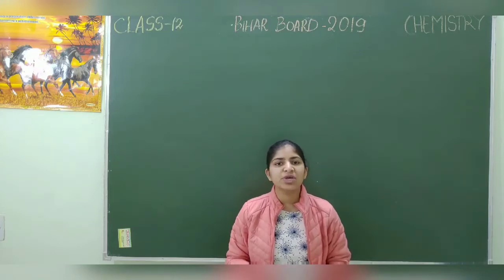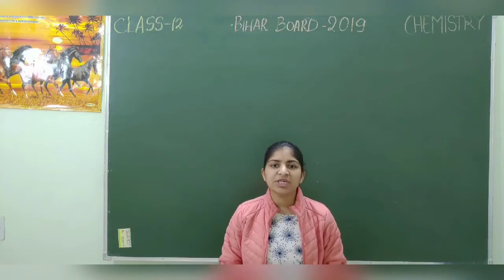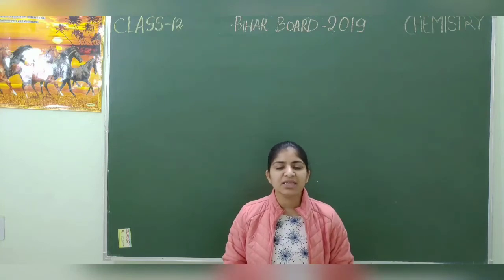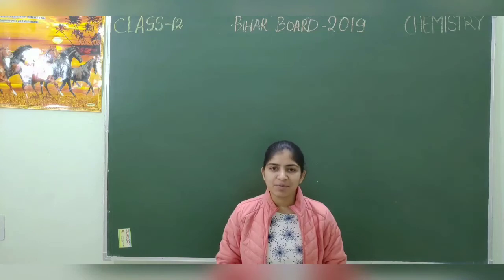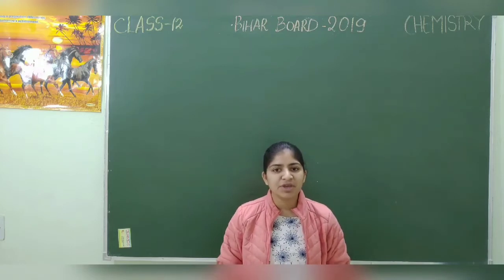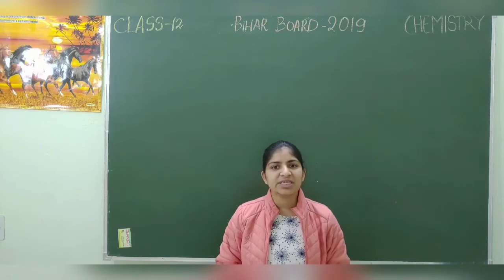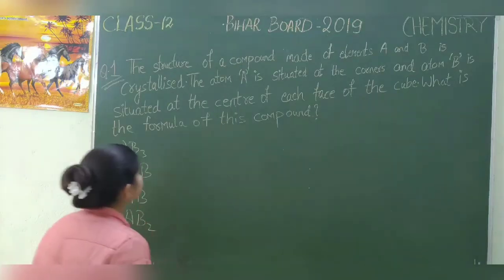Through this channel, today I am going to discuss the 35 objective questions which are coming in your board exam, and these are of 35 marks. The remaining 65 marks, out of which 30 marks will depend on your practical and viva, and remaining 35 marks are of non-objective type question. You have to give your answer in brief. So students, all the best for your exam, and let us start our first question,